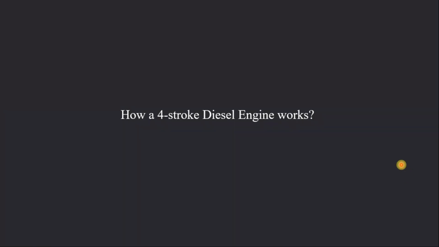Okay, so now we will discuss how a 4-stroke diesel engine works. It basically works on the diesel cycle, and the diesel cycle consists of again 4 processes. First one is suction, then compression, then power or expansion, and exhaust. These are similar kinds of processes we have seen in the Otto cycle. There will be a difference in ignition of fuel in the case of a diesel engine or diesel cycle.